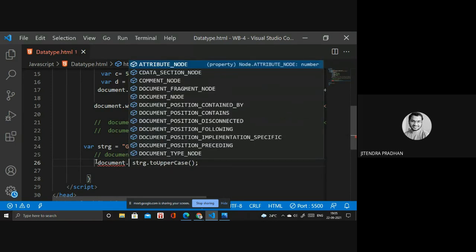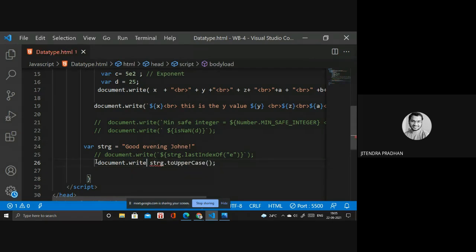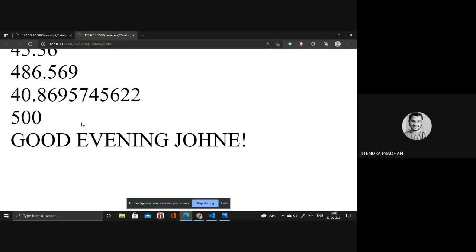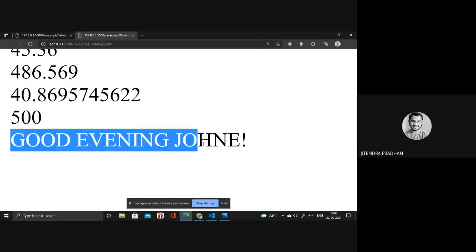Sorry. So inside our document.write, if you are using an object as well, you have to write the ampersand sign. Good evening, Johan.